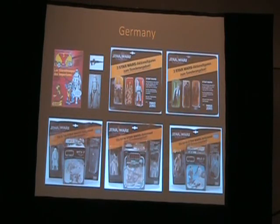Germany, there's nothing really new here. Those multi-packs are interesting. Those sleeves are bigger. It's basically those 3 figures with this big sleeve around it, still tri-logo figures, and then you had figures with mini rigs. And for a more interesting one, this Eeps comic that came out had a Hoth Stormtrooper on the cover, and it came packaged with a